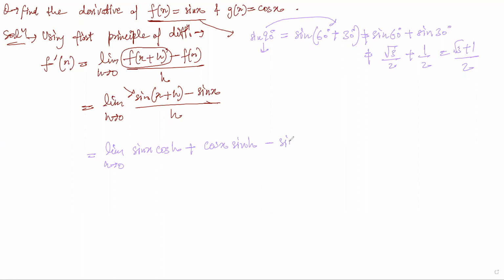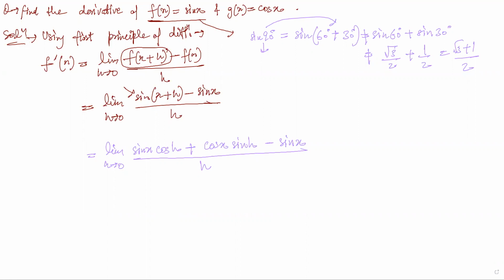minus sin x divided by h. Right? Now see, if you put h 0, what are you getting? If you put h 0,